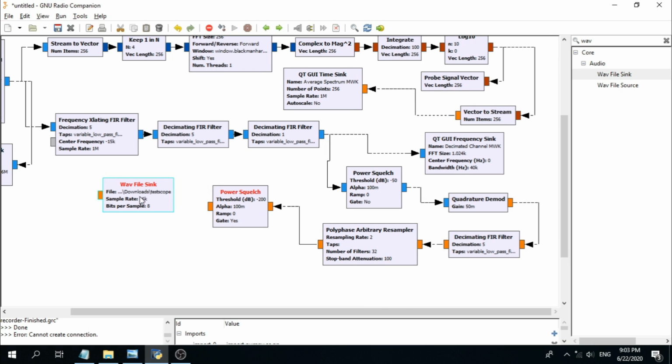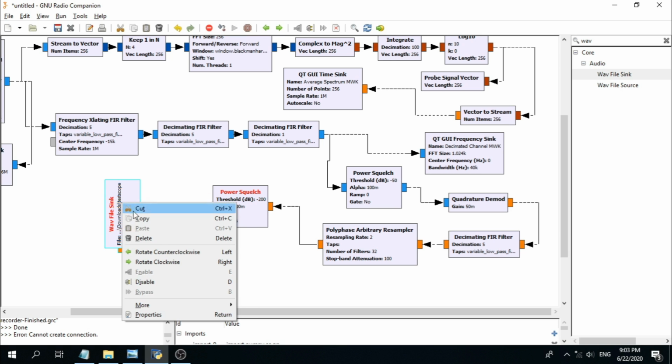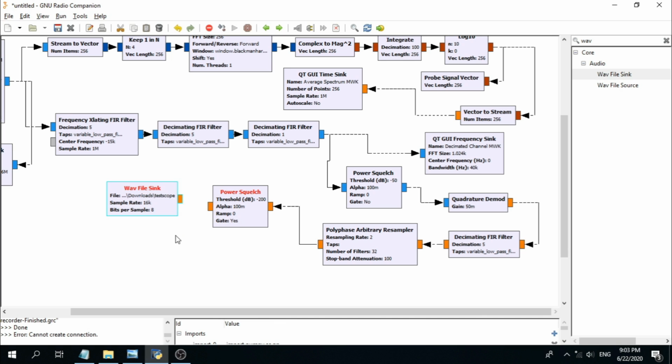Okay, now let's flip this block, rotate counterclockwise, another rotate counterclockwise. So from power squash output to the wave file sync. Okay,